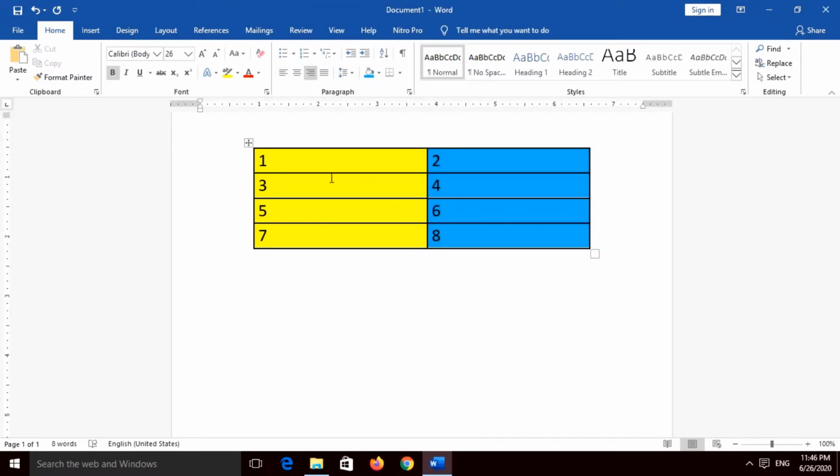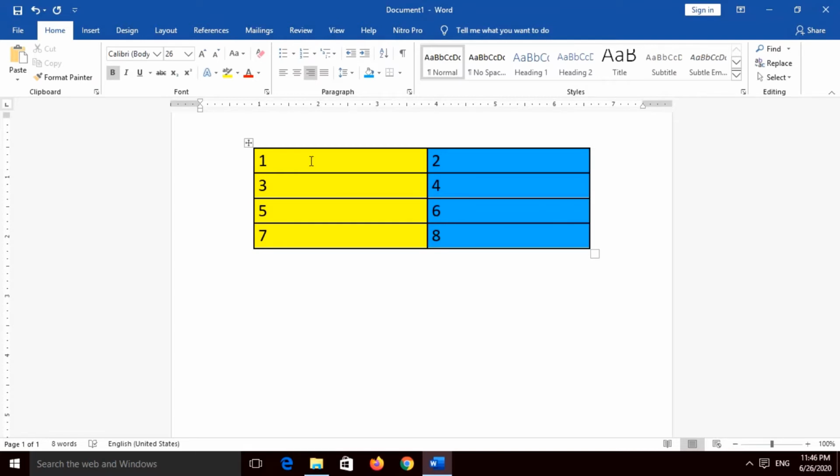So as I said, horizontally there are 4 rows in this table, and vertically these are called columns. So how many columns are there in this table? There are 2 columns. And how many rows are there in this table? There are 4 rows. Now each rectangular box where I have put the number is called a cell.